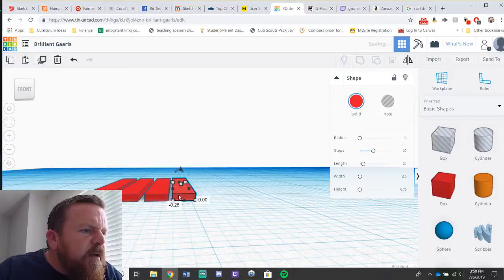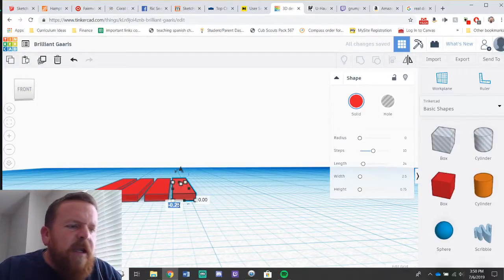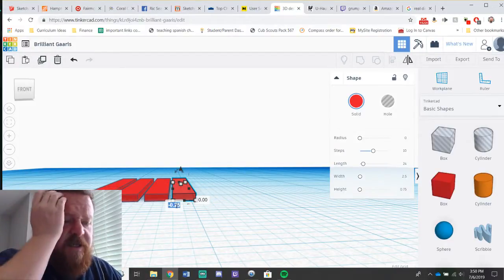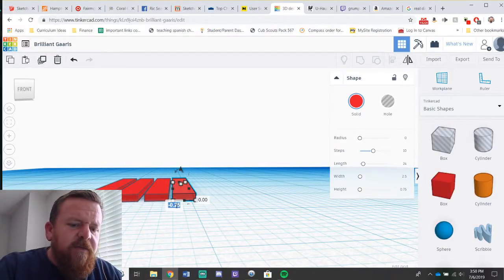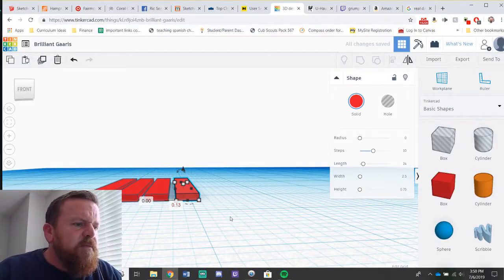There we go. Okay, that's a 1/4 inch, an 1/8 of an inch. What's an 1/8 of an inch in decimals? 12.5? 0.125? No. What did I do wrong?